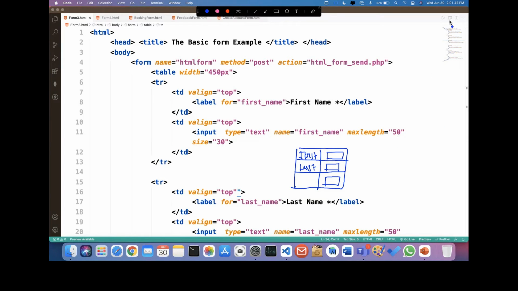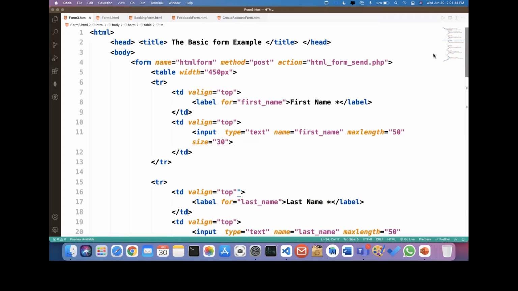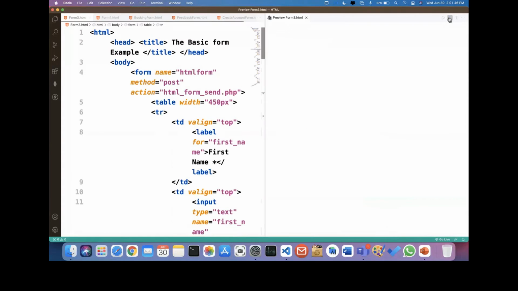Let me show you the output of this code so you will get the idea. I hope the output is visible to everyone. Now you can see this looks very nice. Here we have first name, last name, email address, telephone number, comments.